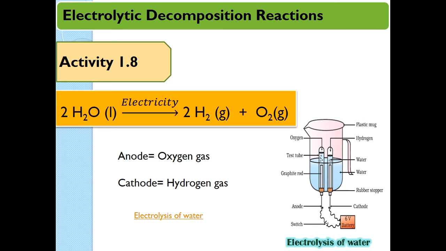This oxygen gas can be tested with the help of burning candle. When burning candle is brought near the mouth of this test tube, it burns more brightly. And for testing hydrogen gas, we know as usual pop sound test. When burning candle is brought near this test tube, pop sound is there. It confirms that at anode oxygen gas evolved and at cathode hydrogen gas was evolved.